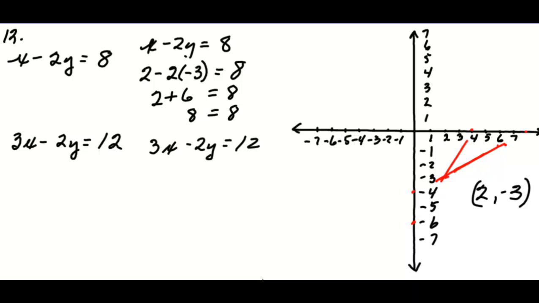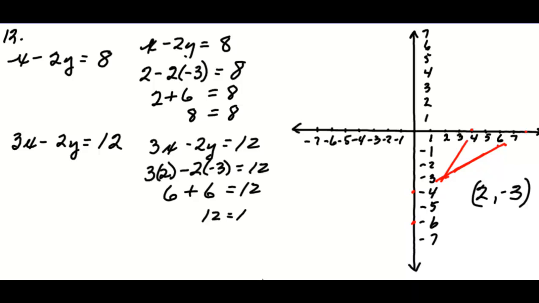If we substitute 3 times 2, and then for y, negative 3, we get 6, and negative 2 times negative 3 gives me plus 6 equals 12, and 12 equals 12. So that solution, 2 and negative 3, solves both equations,